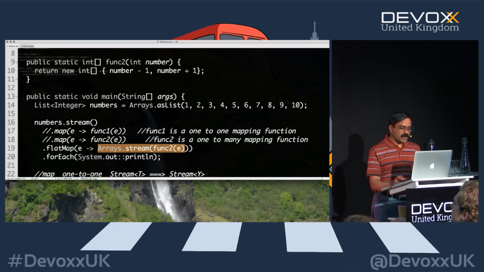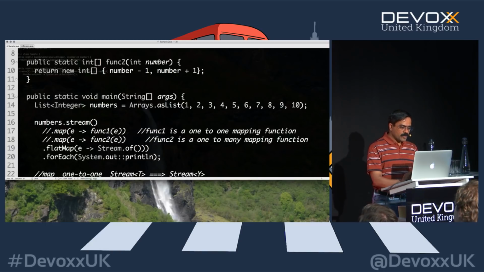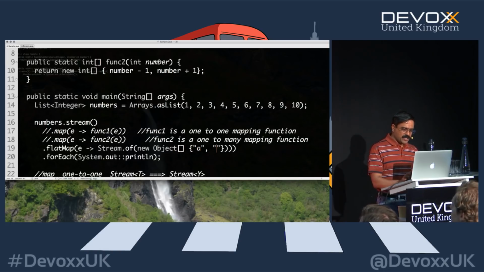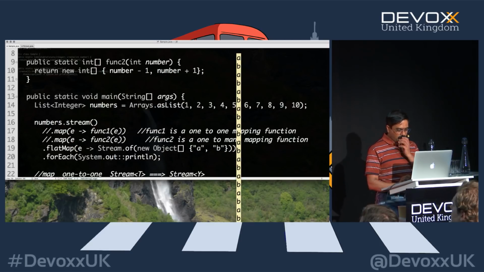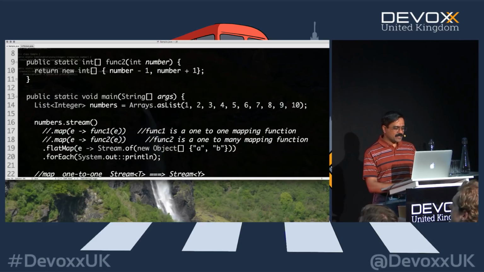Let's go back to this code right here and say return stream.of, and in this case I'm going to say I want to return an array of values. What am I going to return as an array of values? Well, let's say in this case new Object square bracket, a comma b, just a silly example just to get through this to illustrate the point about what this is really doing. So let's go ahead and close this here as an object. So there you go.